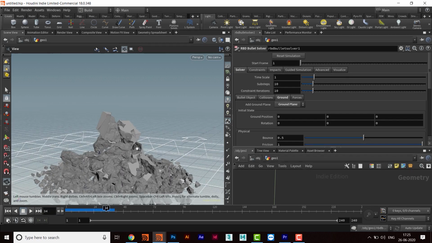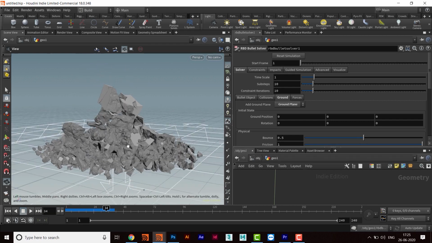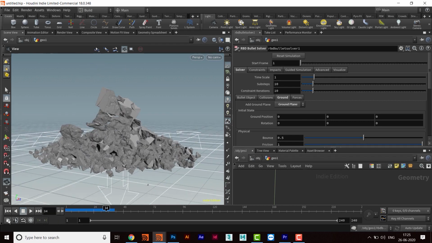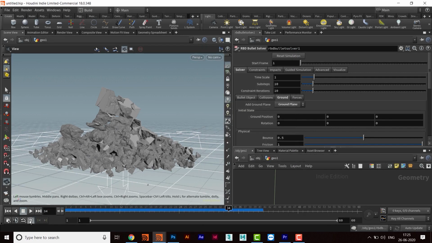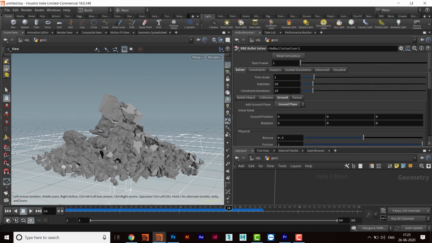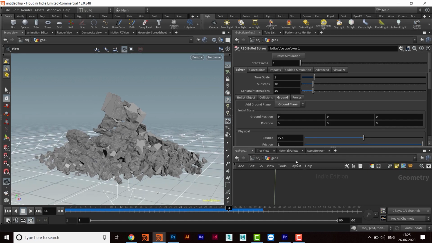Okay, so all the refined chunks are coming. So what we have to do here, I will change the value to 60 and switch on the real time toggle, and then I'll go back.